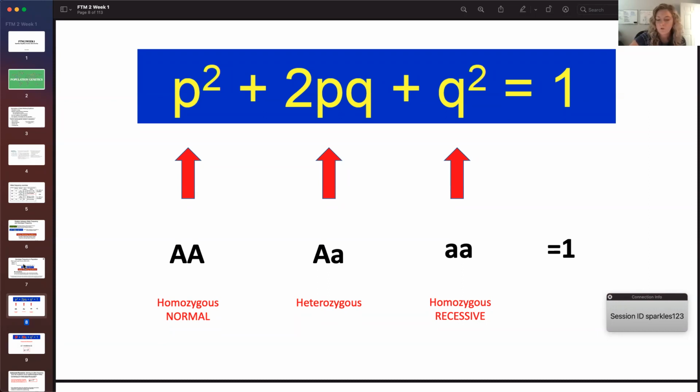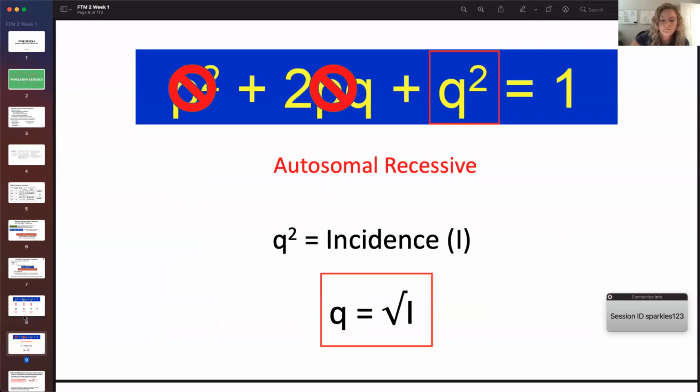What we're actually going to be focusing on for the most part is the Q, because in a lot of these we can simplify out the P, which I think is next on here. Okay, so with these,